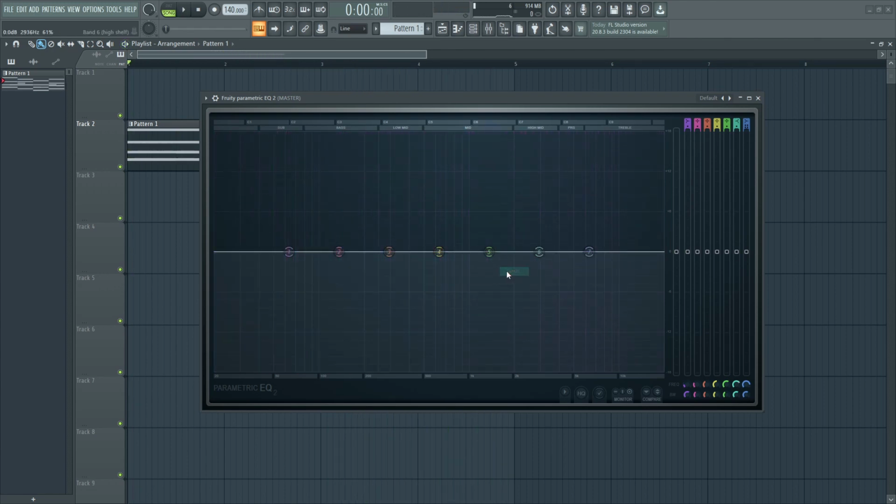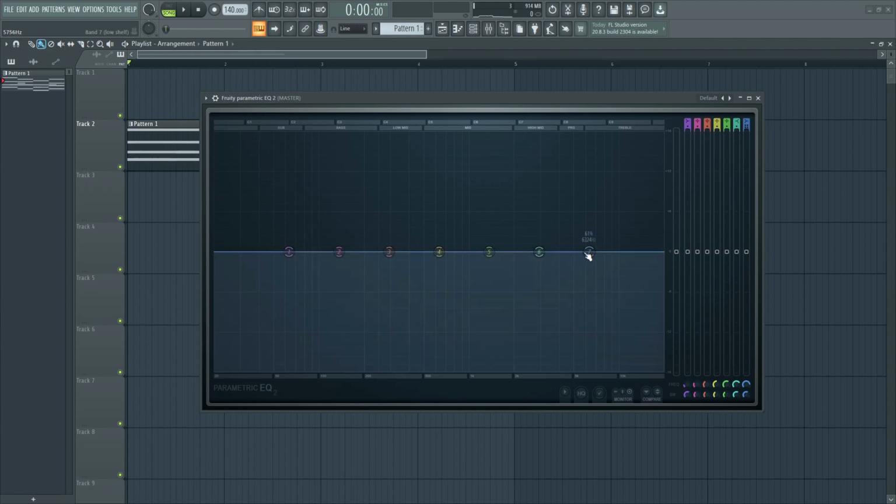So right now I just went to extreme with the boost, but usually you shouldn't be going that high, but for the tutorial's sake I just showed you how the shelf filter would sound.